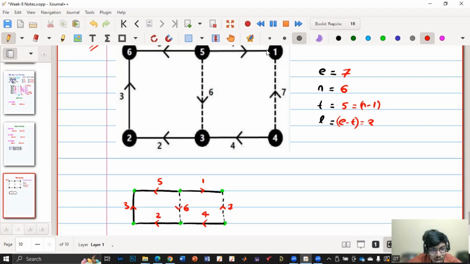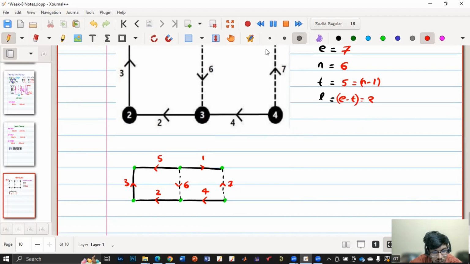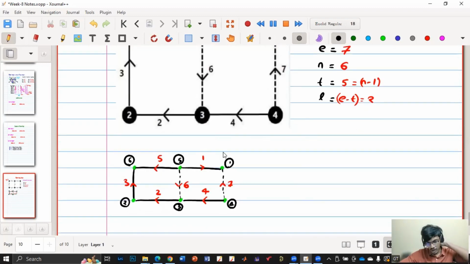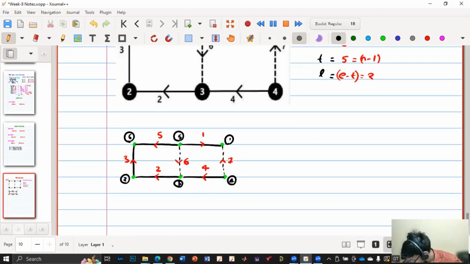I'll write these node names in circles so that those are nodes, and the red color are the branches. So this is my 5th node, this is my 6th node, this is my 2nd node, this is my 3rd node, and this is my 4th node. So I know that the number of fundamental loops is equal to the number of links. So there are 2 loops for which I have to apply